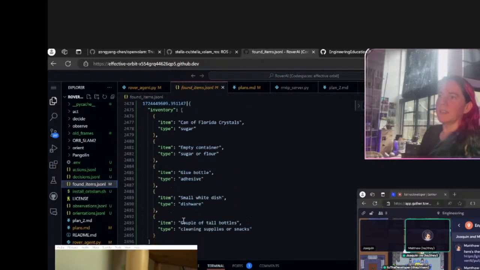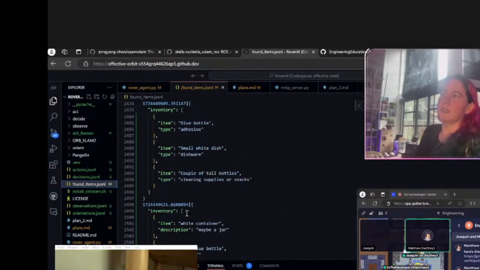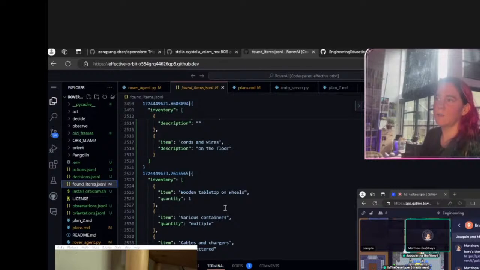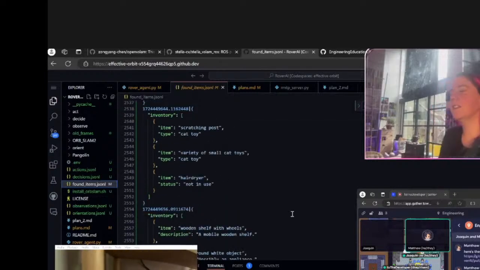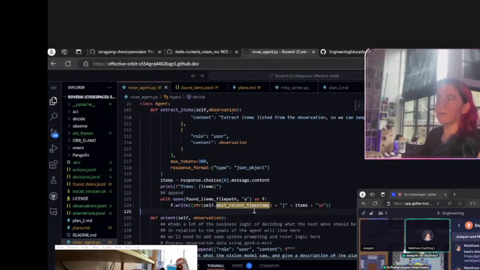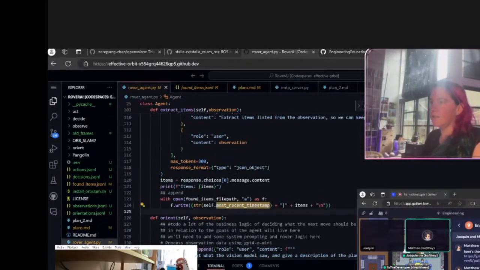We haven't given it a lot of things. We have item and type in this one, item and description in here, and item and quantity in this one. We could give it a little bit more directives, but I want to see if we can get it to explore properly. Looks like it's exploring properly.